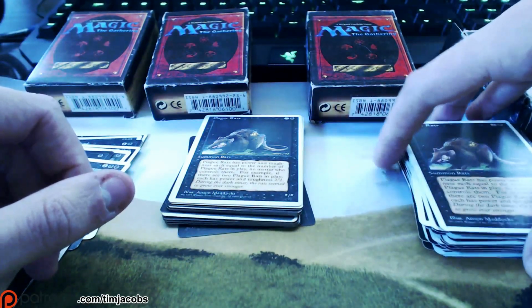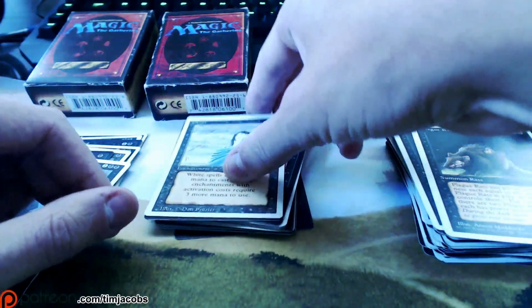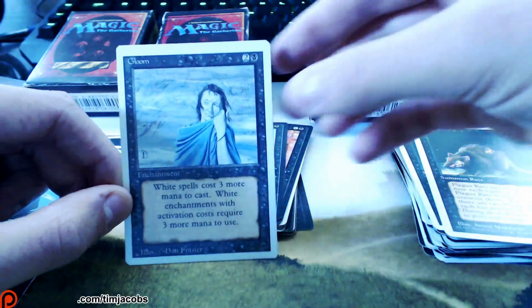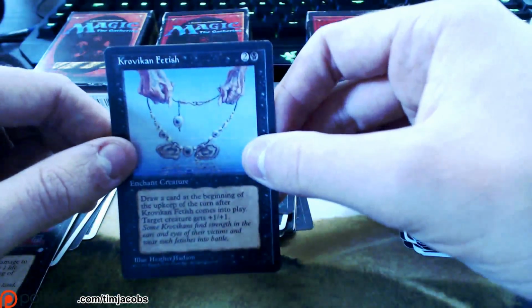And it looks like there's another copy of it, so that just kind of solidifies my theory about it being a pre-made deck that this guy had put together. Gloom. White spells cost 3 more mana to cast. White enchantments with activation cost 3. Okay. Good if you're playing. Maybe sideboard it against the white decks. Yeah. I don't know if I'd use it, but...